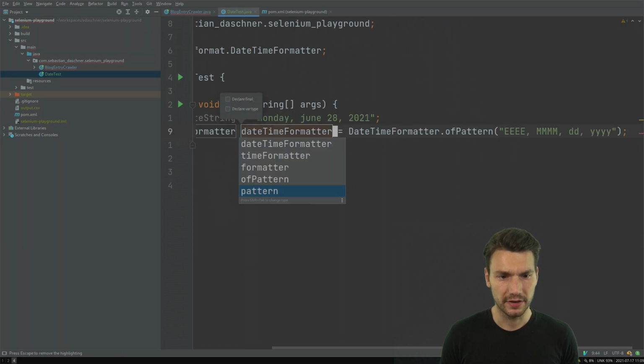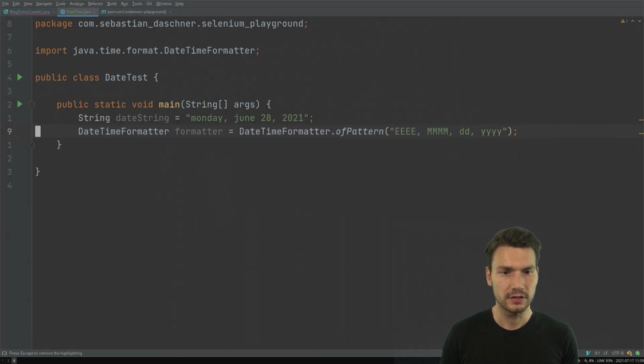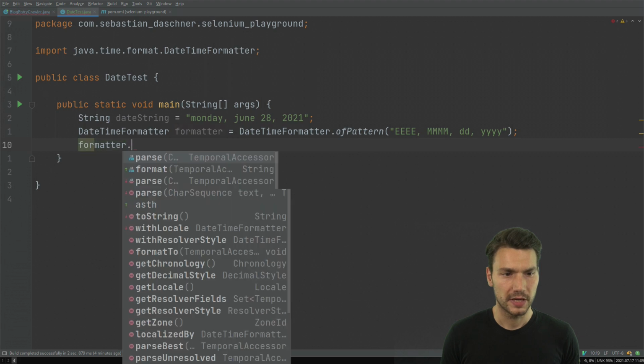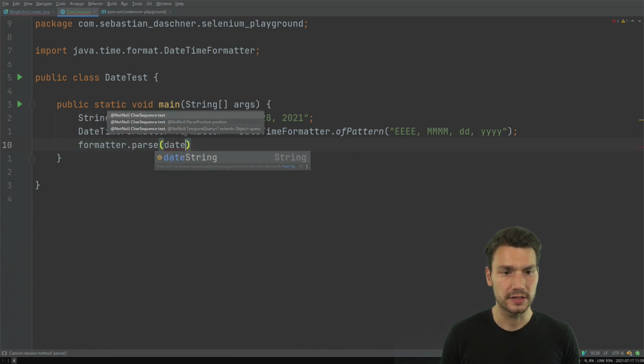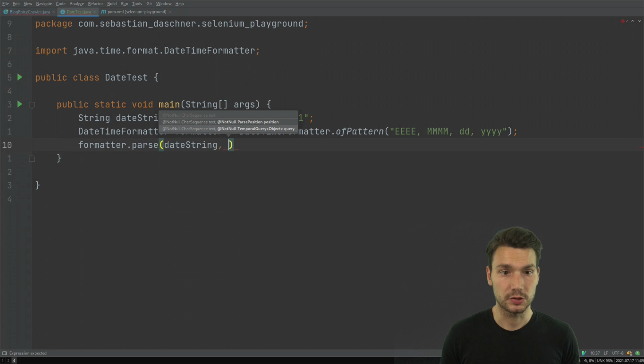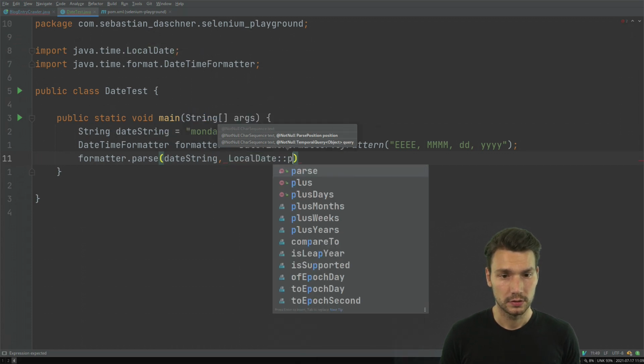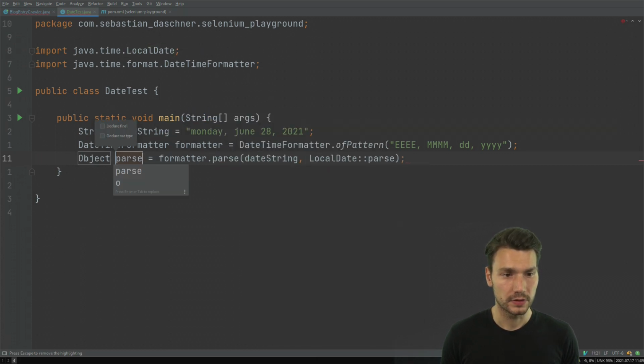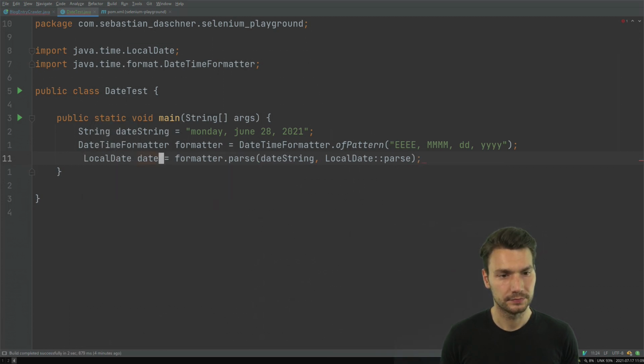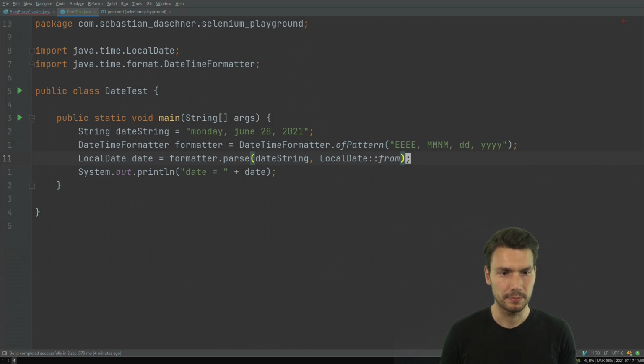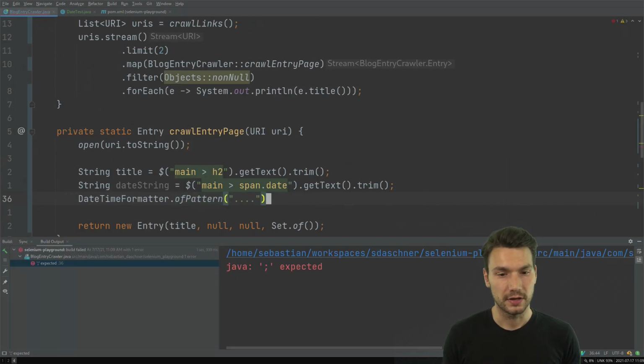If I say I would like to have the formatter of this pattern, formatter, and then I would like to parse this, for example, to parse the date string into a local date. So then I have my local date, and I can print this. This should not be the parse, but the from the temporal. And I can run this. Okay, now I already know that this is actually